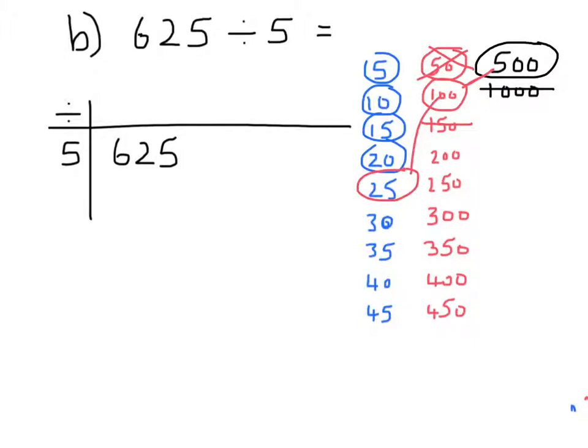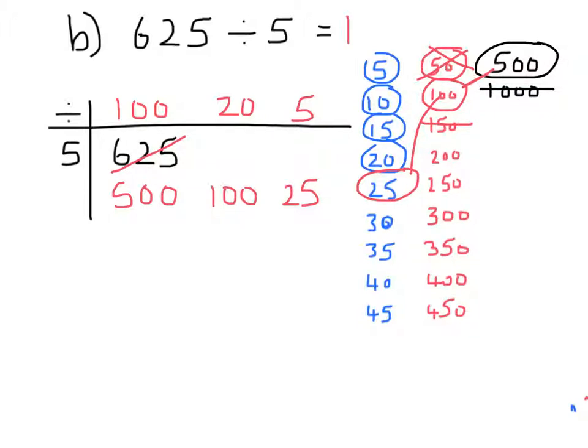So there's my 625. So I'm going to break my 625 into a pile of 500, a pile of 100, and a pile of 25. That means I can see 100 piles of 5 in 500, 20 piles of 5 in the next 100, and 5 piles of 5 in the last 25. So altogether I had 125 piles of 5, just by writing out my 5 times table